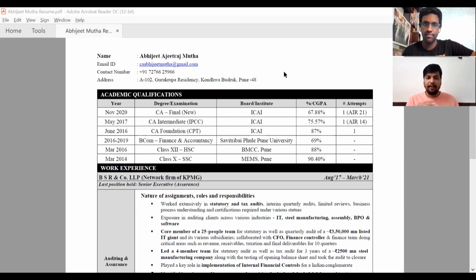Okay, he has done CA final in this year, the CA IPCC in this year, a foundation in this year. Okay, he has also completed BCom. When has he done 12th standard, 10th standard, which board, what was the percentage he got, how many attempts, or what are the special achievements he got in that particular qualification. Like in 10th standard you had a fifth rank, or state topper or something like that. And percentage and CGPA is something which does not matter really in the CA course,